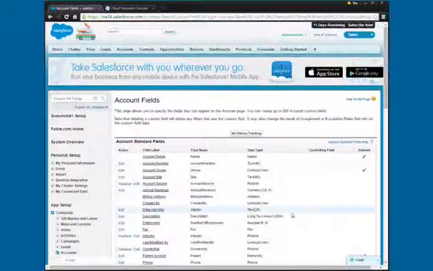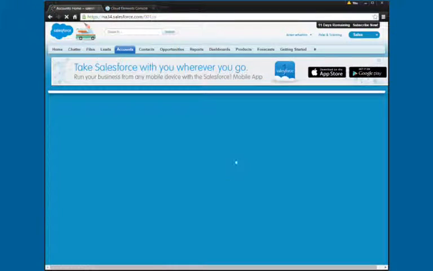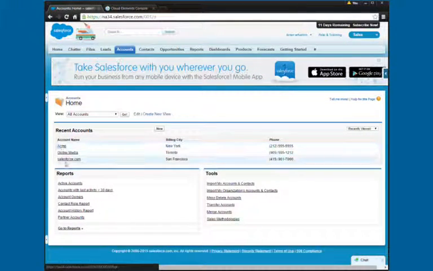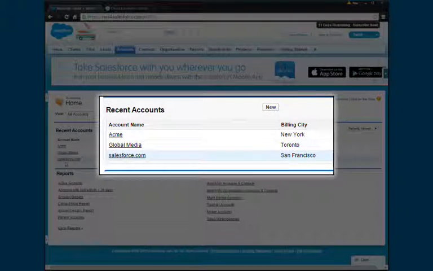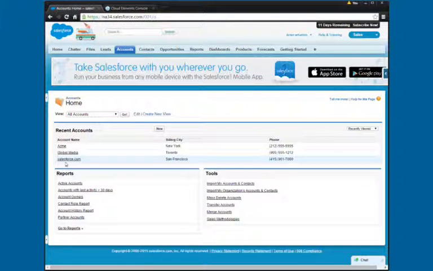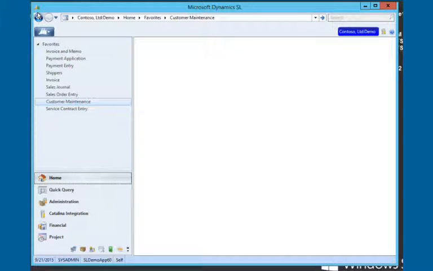So I'm back in my Salesforce.com system, and I'm going to go into accounts. I can see that I currently only have 3 accounts. These are the ones that came pre-installed when I created my Salesforce.com account, but I want to be able to get all of the Dynamics SL customers into Salesforce.com. Now back in our SL screen,